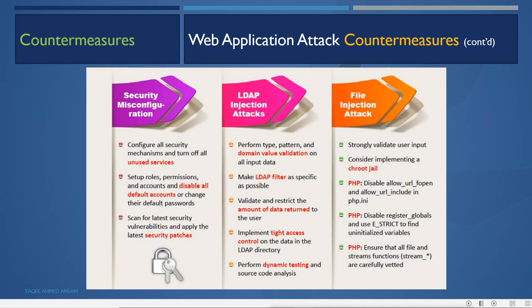And then for PHP, disable register_globals and use strict to find unutilized variables. And then again for PHP, ensure that all file and stream functions, that is stream_*, are carefully weighed.